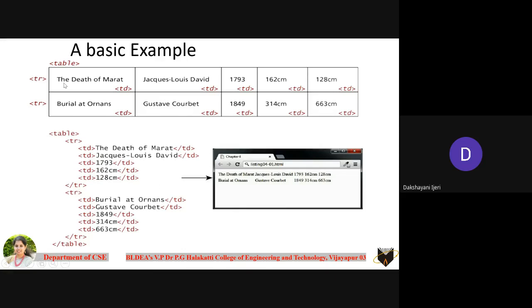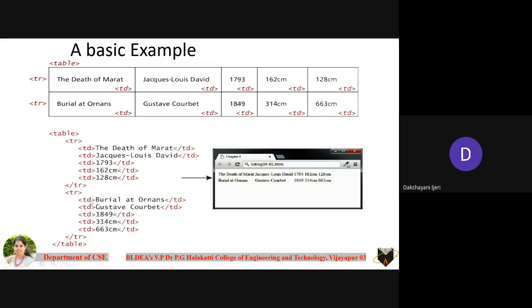Right. So once you end up adding all the contents to the first row, you can see that this TR has been opened here. Once you add all the contents to that first row, after that you have to close that tr here. If you have some more rows to be added, you need to take a separate tr for each row. So you can see in this table you have one more row to be included, for which you need to take one more tr here.